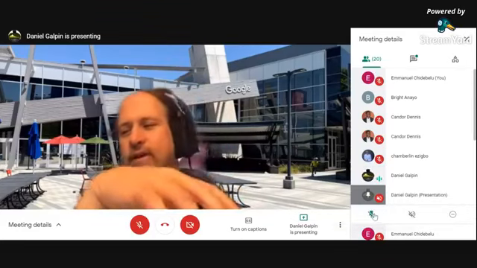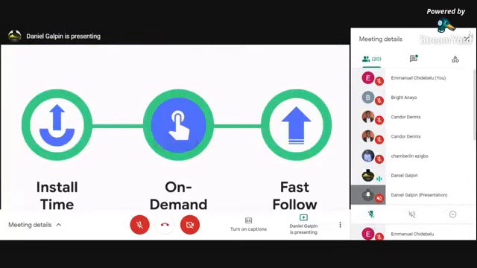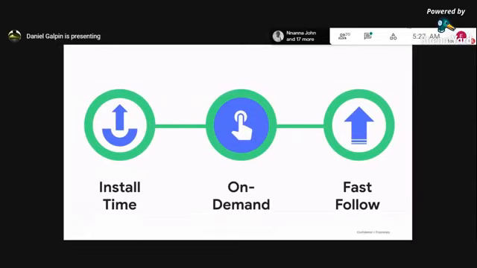And we actually support three different kinds of delivery: install time, on demand, or fast follow. And fast follow is really interesting because it was something you just couldn't do before. Basically, after a user installs the game, additional assets will stream down. The assumption is the game can work, but it may not have all of the assets it needs yet to either get the highest quality or to get through all of the content. So we'll just start streaming the rest of the content down, as long as the user is on a reasonable network, and that means that they're going to have a better experience when they first open the app, particularly if those assets are needed.